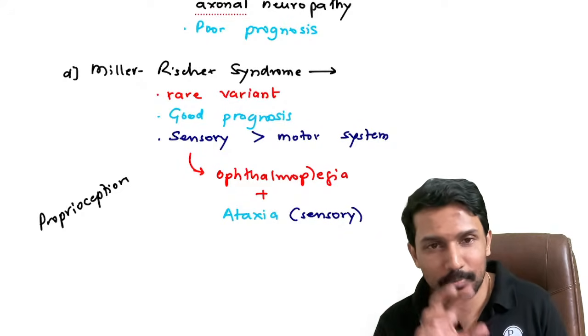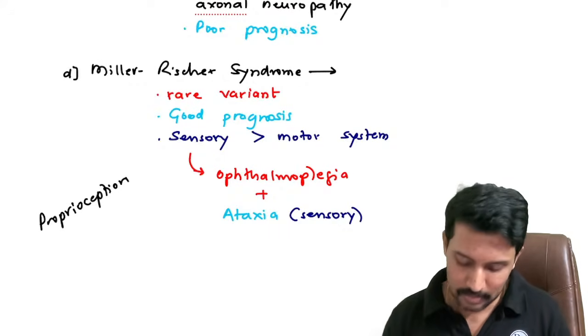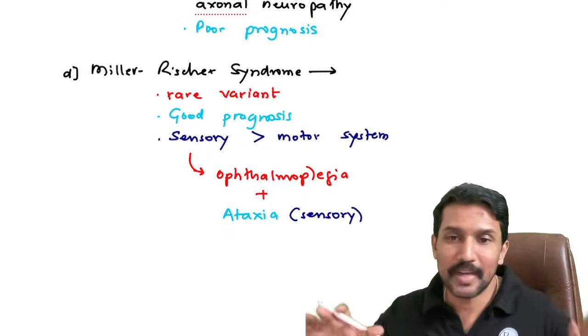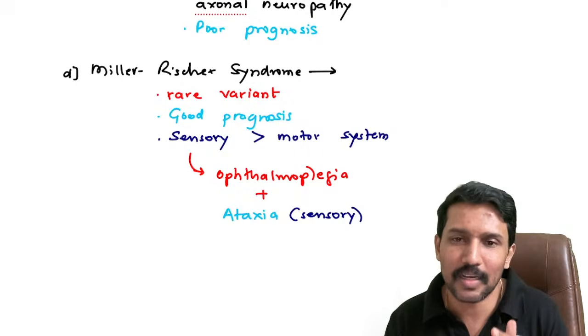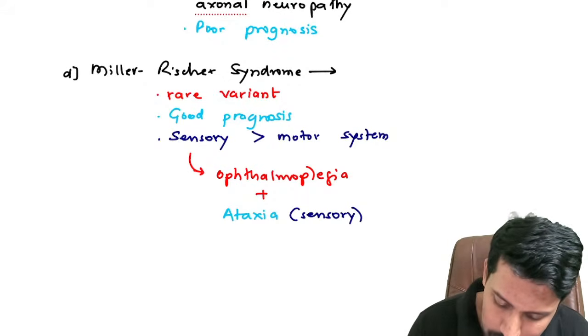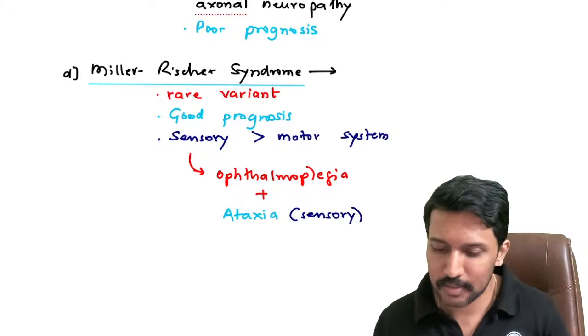So because here in Miller-Fisher syndrome the damage is more to the sensory neurons, we are getting this loss of proprioception presenting as sensory ataxia. So I might have ataxia, but that is unlikely to kill me. So that's why the prognosis is good, right? So we are going to call this condition Miller-Fisher syndrome, right? So that completes our discussion on the